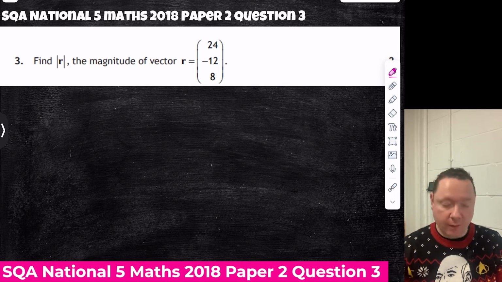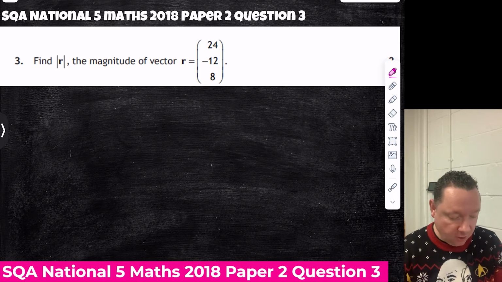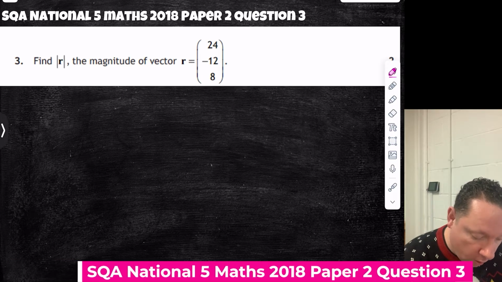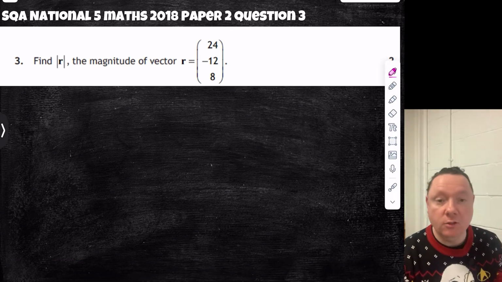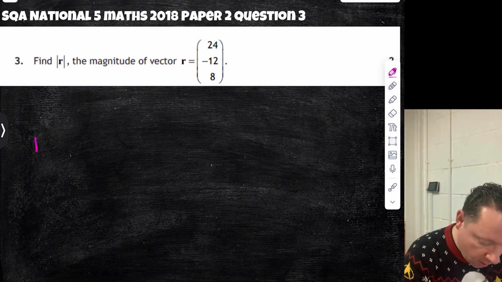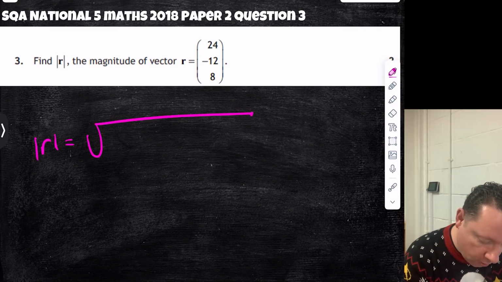SQA National 5 Maths 2018, Paper 2, Question 3 on vectors and the magnitude of a vector. Find R, the magnitude of a vector, 24, minus 12, and 8. So magnitude of a vector, remember, just like Pythagoras, it is Pythagoras actually. So the magnitude of R is equal to the square root of 24 squared plus minus 12 squared plus 8